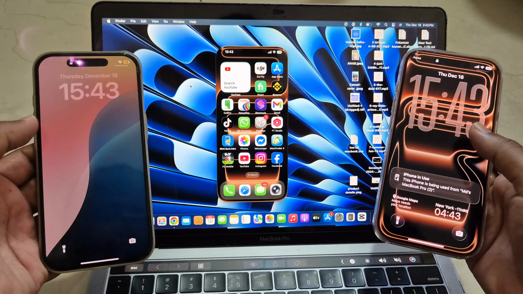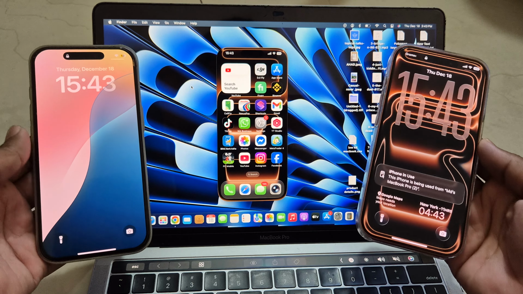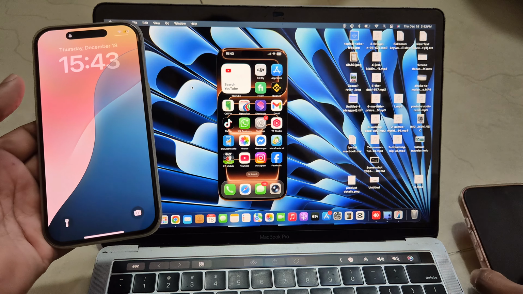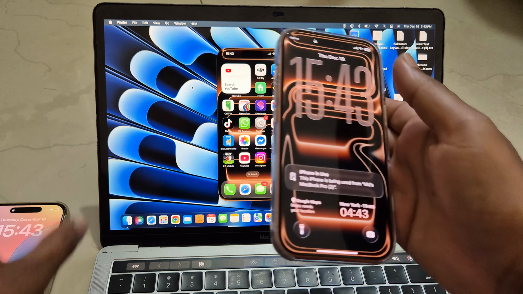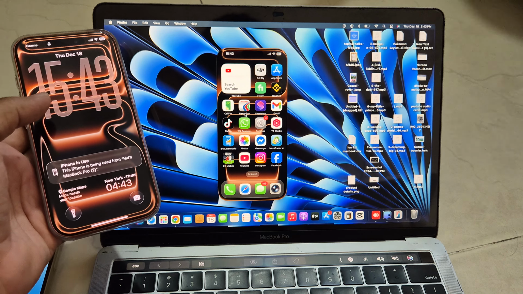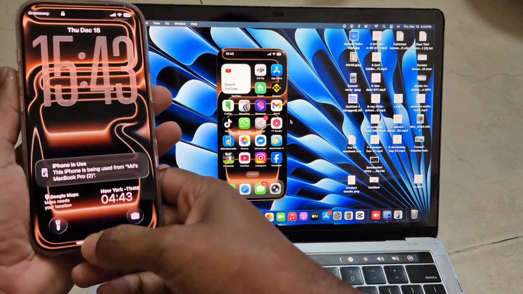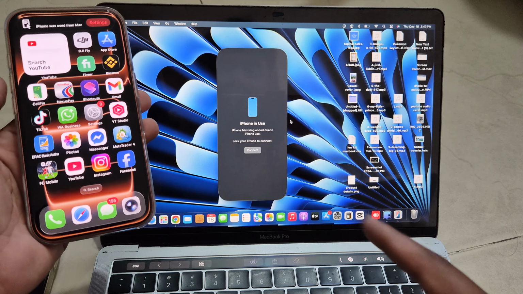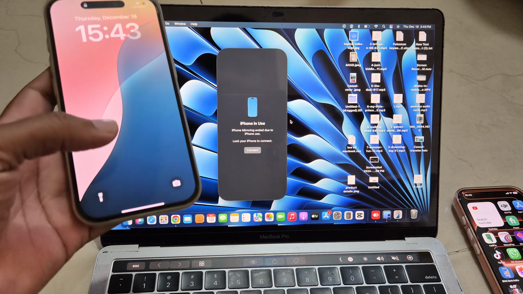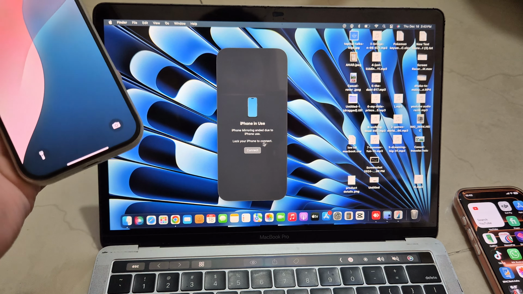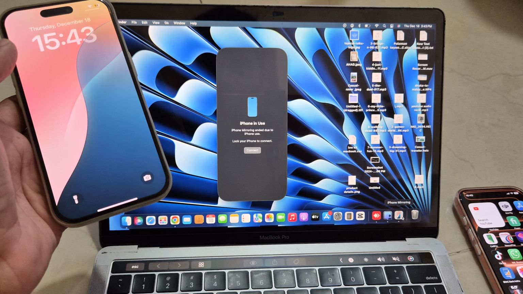How to use two iPhones with iPhone Mirroring on your MacBook. For example, this phone is connected right now with iPhone Mirroring. Here you can see if I open that, it will be disconnected. It's already connected. Now if you want to try to connect another phone, just go to your iPhone Mirroring and